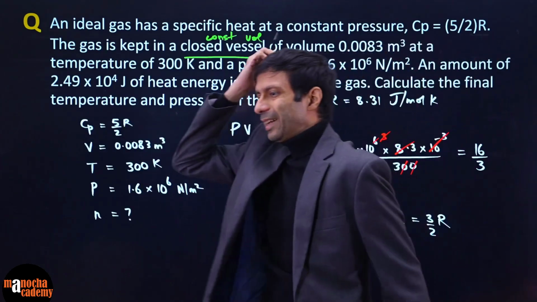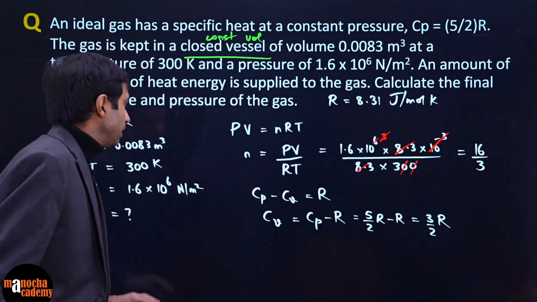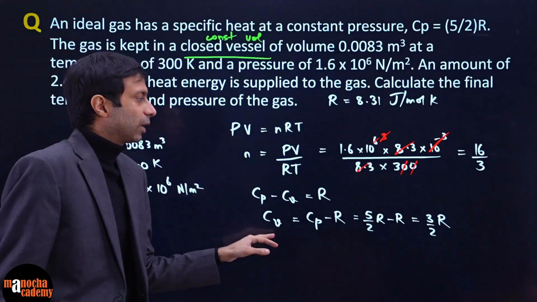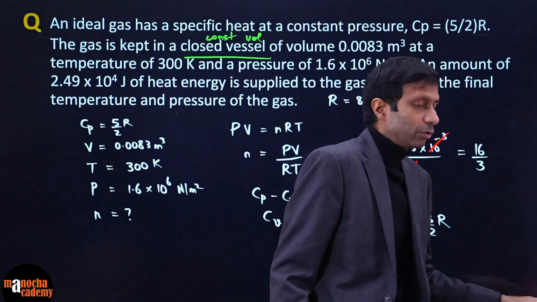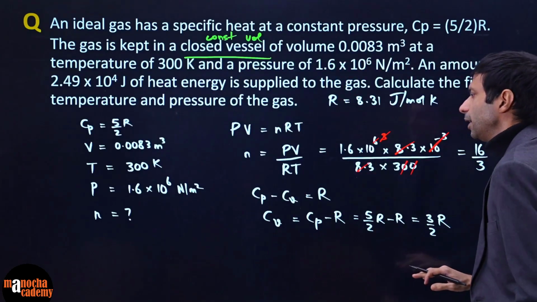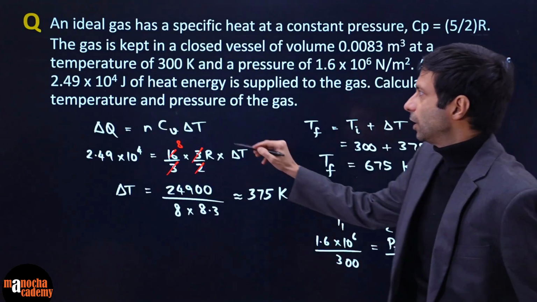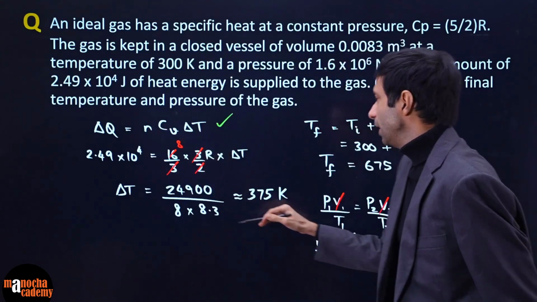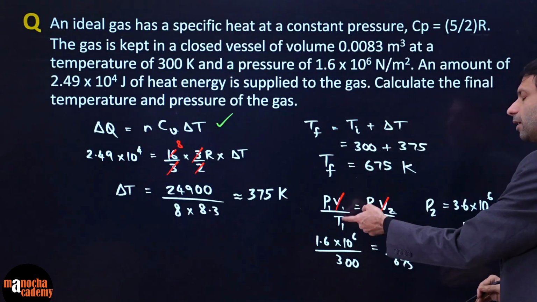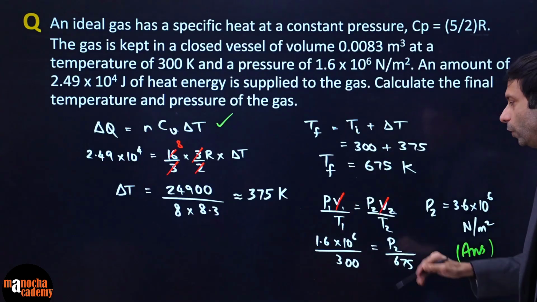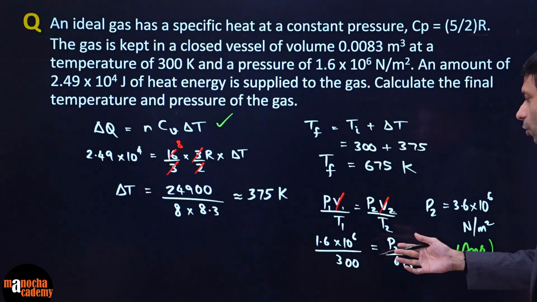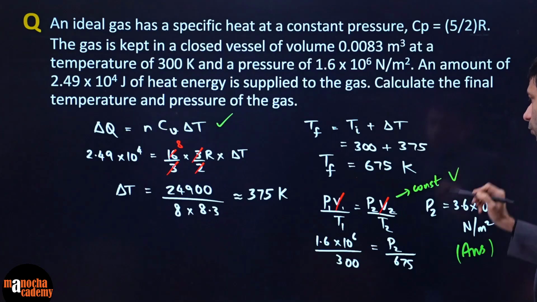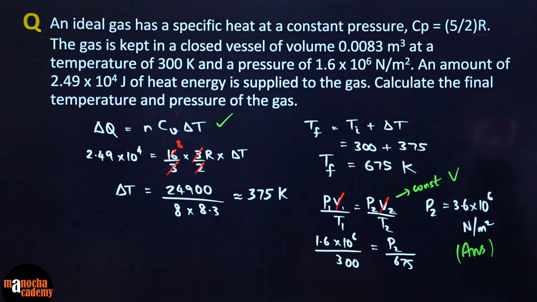So this question was a little tricky because it connected various things, right? It connected your ideal gas equation. You calculate number of moles. From there, you calculate your Cv, right? You have to find Cv to get your delta T. So you find that change in temperature over here using that formula delta Q is n Cv delta T. And then finally, we again applied our gas equation P1 V1 by T1 is P2 V2 by T2. Volume gets cancelled. It's constant, right? Because this is constant volume. So that's it. That's how you get the final pressure.